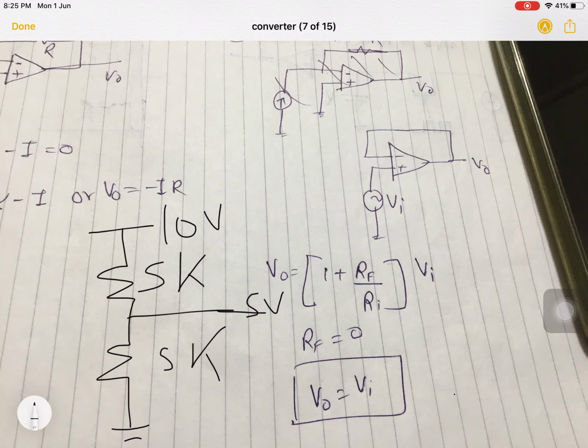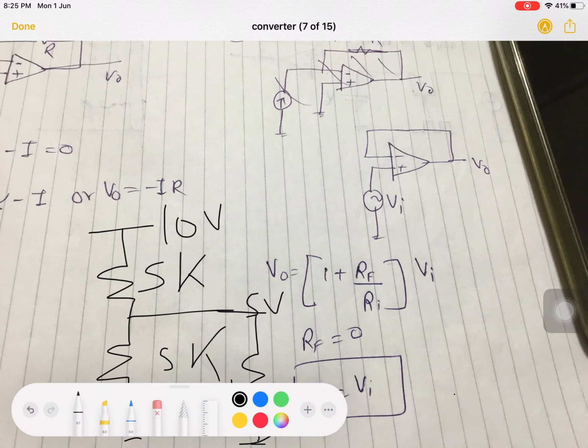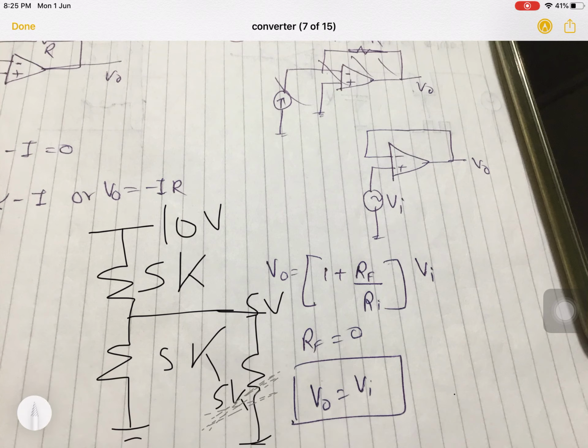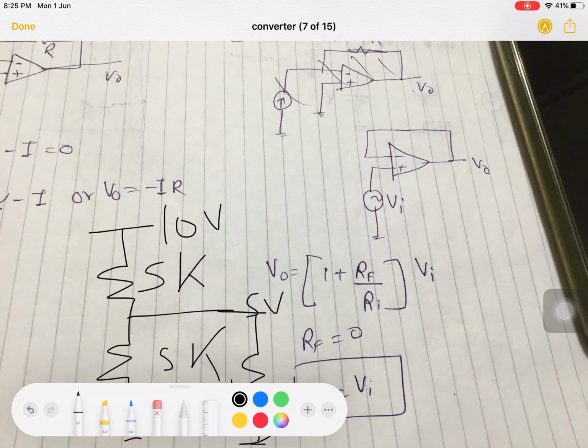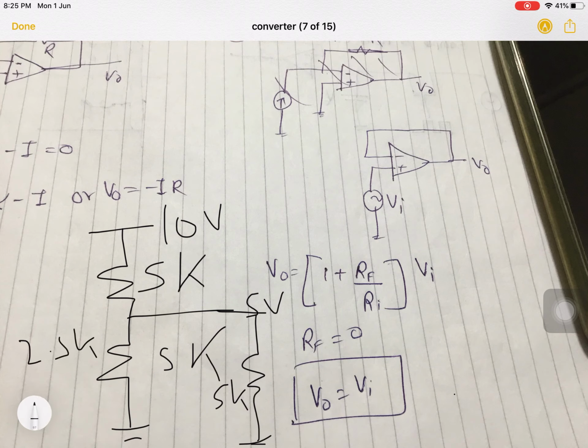In that case, this will be connected to this load. Let us assume this is also 5k. Now if this is also 5k, it will become parallel to this circuit. These 5k resistance and this 5k resistance will become parallel. So effectively this 5k will become 2.5k. And now when we apply the voltage divider, it will not give me 5 volt. It will give me something like 2.5 divided by 7.5 into 10. So it comes out to be 10 by 3, that is 3.33.